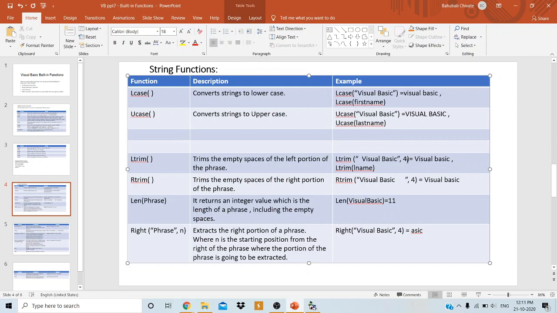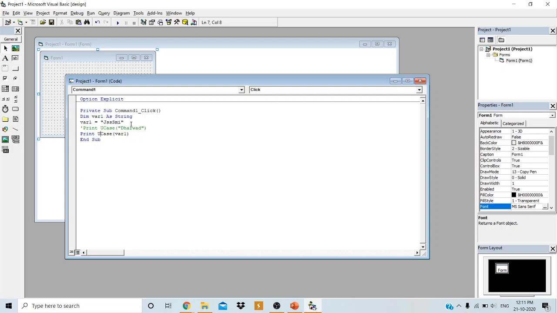No need to provide a second argument here. Only one argument is required for LTrim. I will just demonstrate here. LTrim of var1. What is var1?